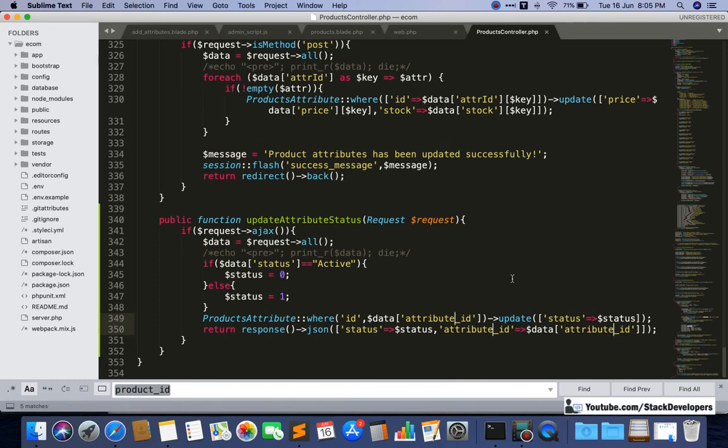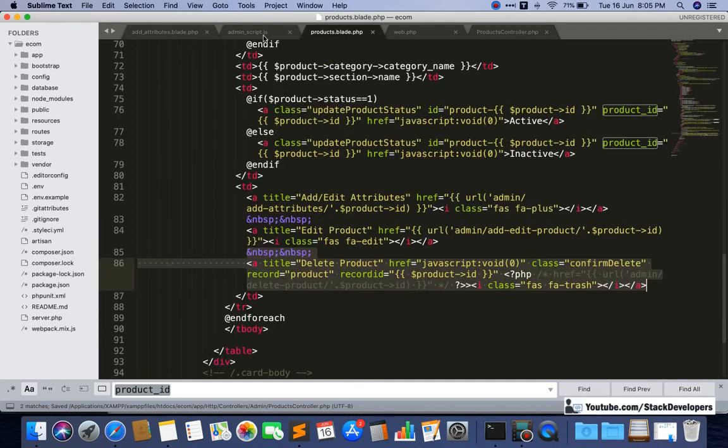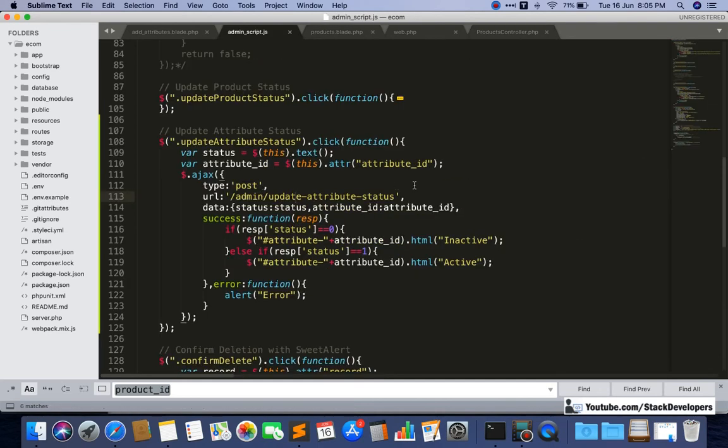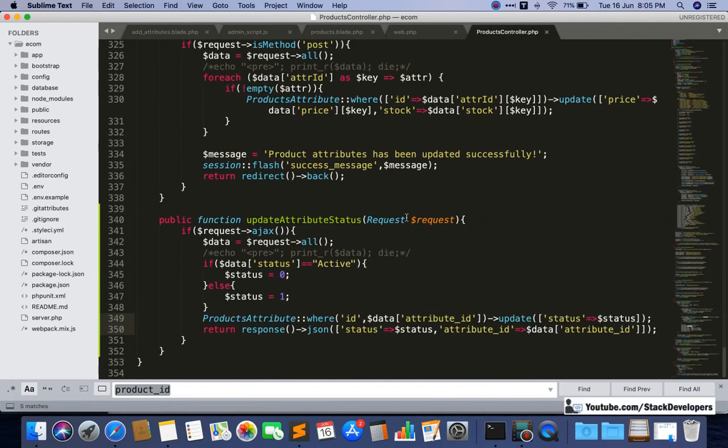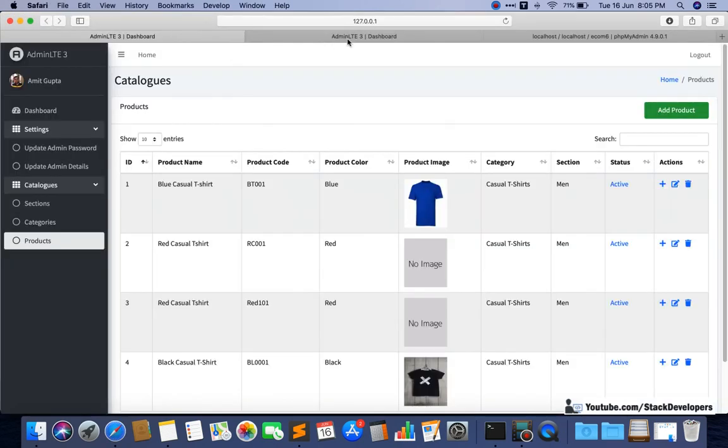Otherwise it will take 1 to 2 hours the first time, like making the jQuery function, then making the route, and then making another function in our products controller. We have already done all this, so it will not take much time.